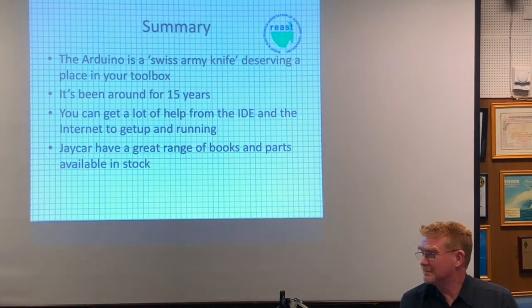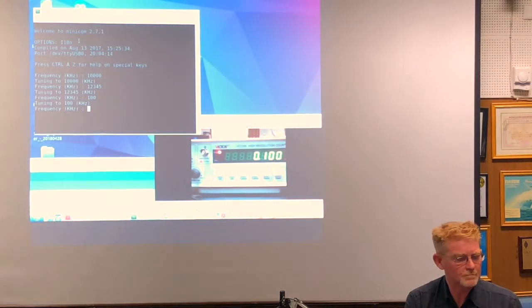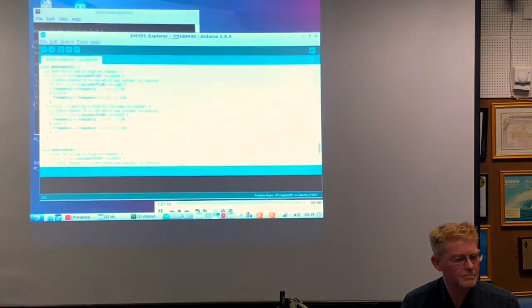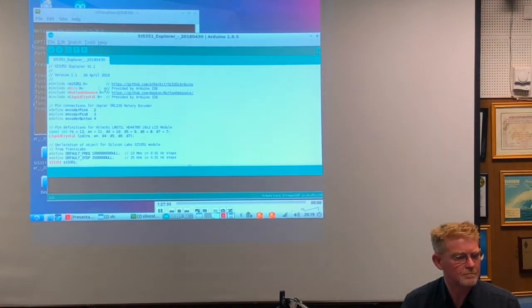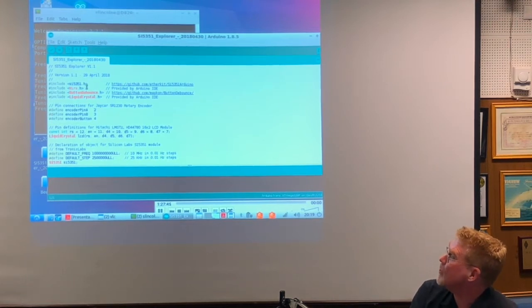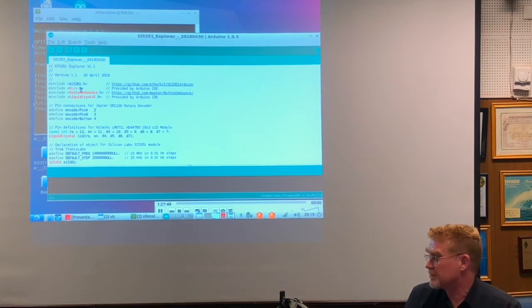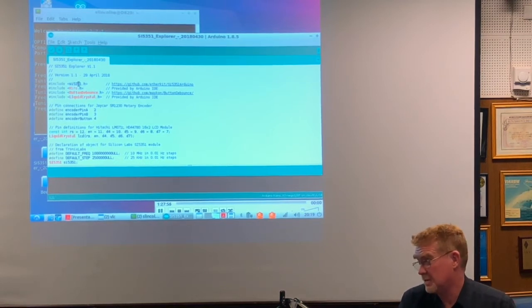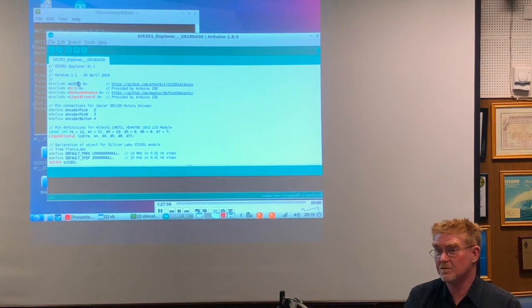Sean, back on your sketch for the frequency counter, would you mind bringing that back up again? Right up the top, one of the include ones, I think, is the I2C, the Wire one. Yes, and that's in the environment from day one. The reason you don't see any references beyond that is that the Wire library is needed because the SI5351 depends on it. So you include both, and then you just use the SI5351 library, and that hides everything away.